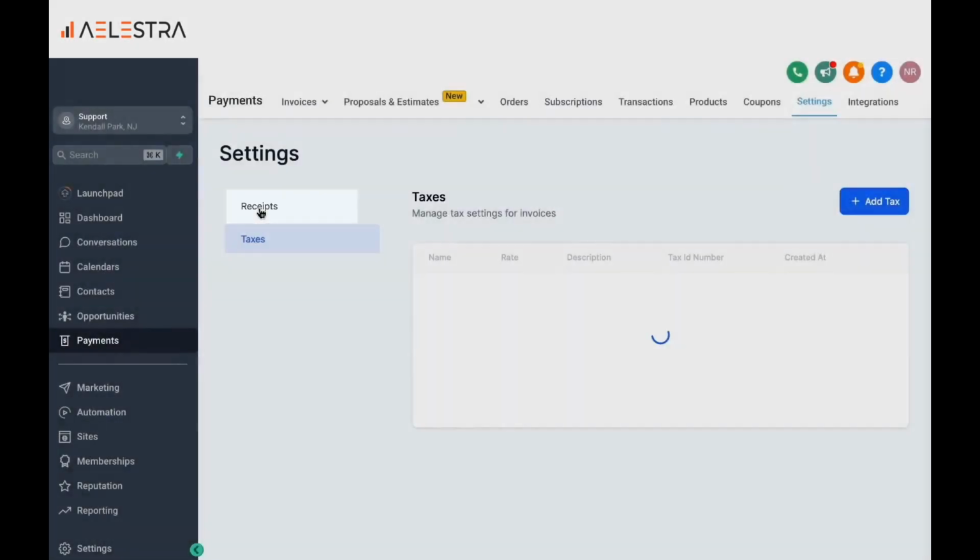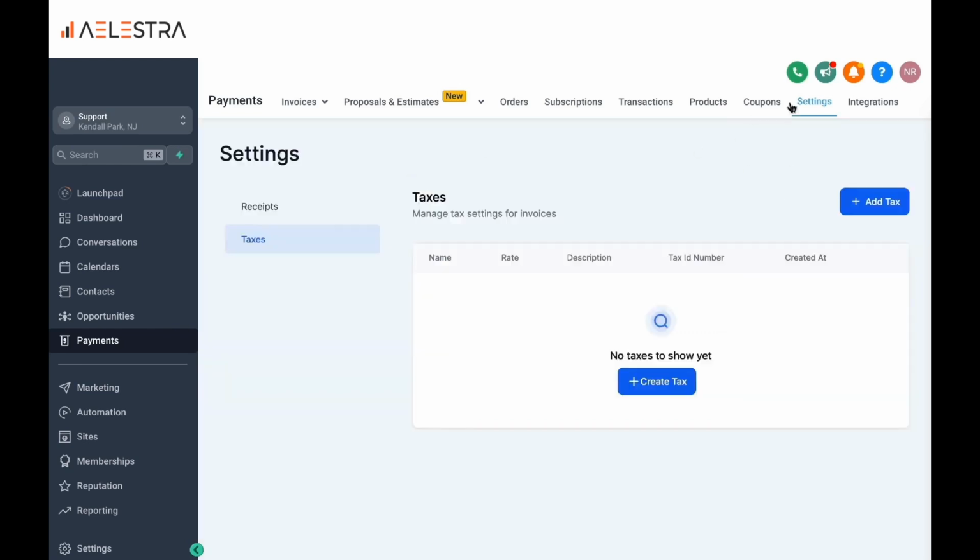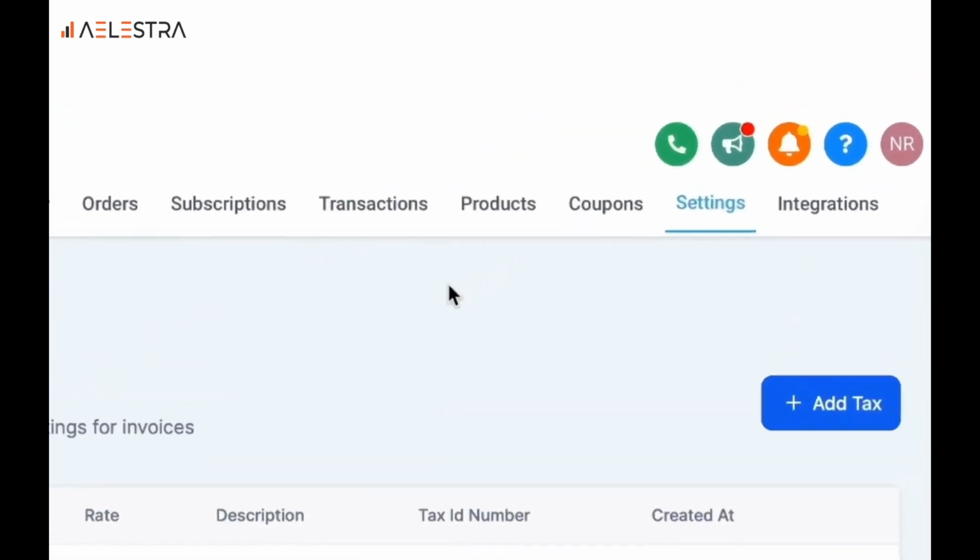Then we do have the Taxes option here. So you can click on Add Tax here, add the name of the tax, decide the percentage, add in the description, and then also add your tax ID number. So if you want to add taxes to any kind of payments that you take from your customers, you can add the taxes here. Now that we have gone over settings and integrations, I want to go to the next